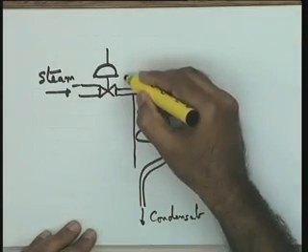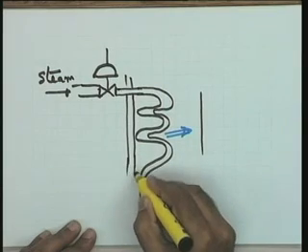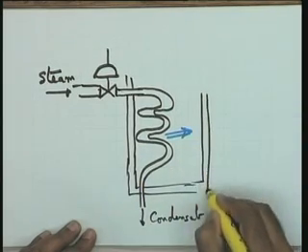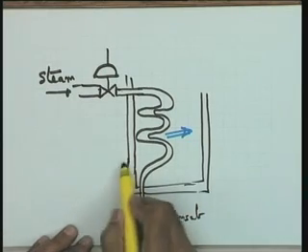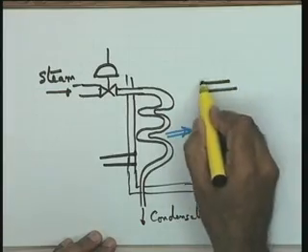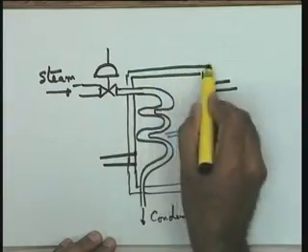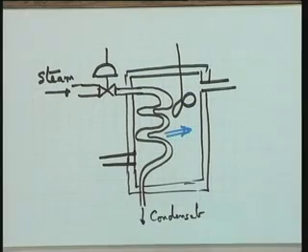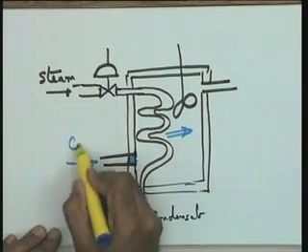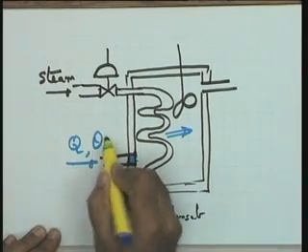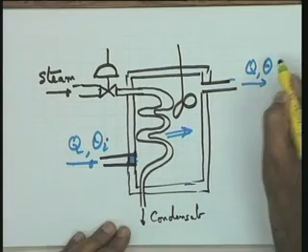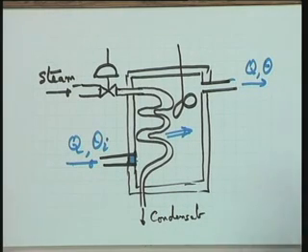Come on please, suggest the devices. This is your continuously stirred tank reactor. Take the input flow, let me take it here, and let me take the outflow here, and here is your stirrer. Here, let me say Q is the flow rate at a temperature theta I. The desired one, Q is the flow rate at a temperature theta. You want to control the temperature theta.